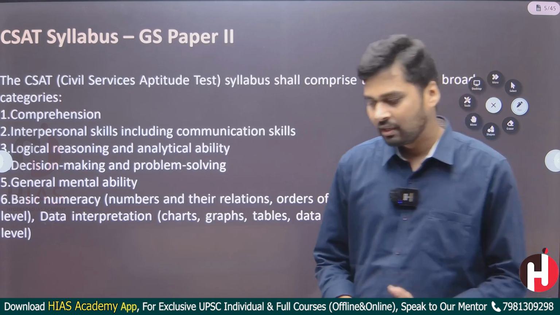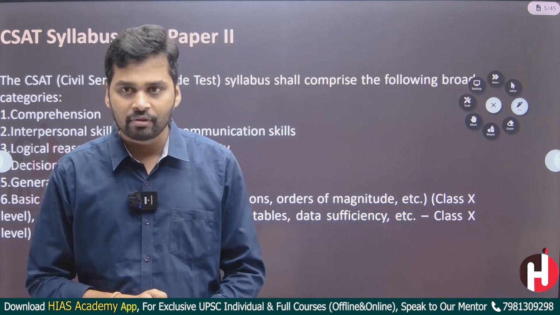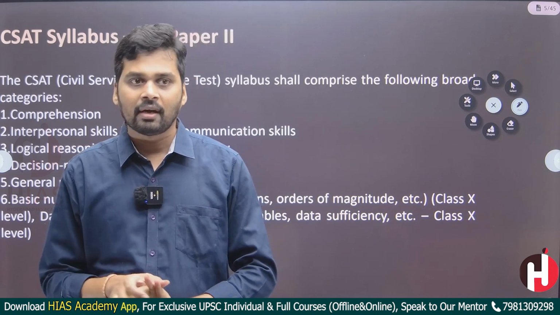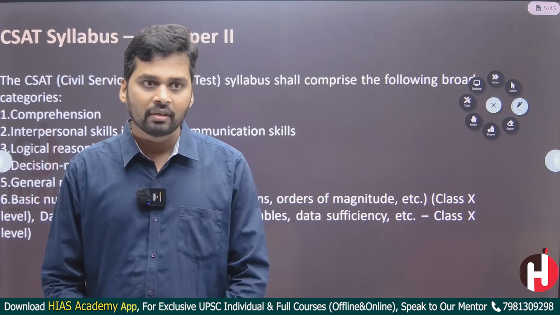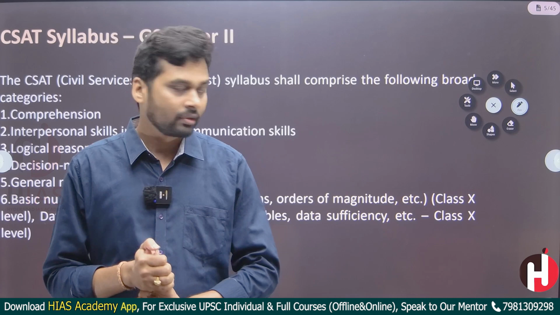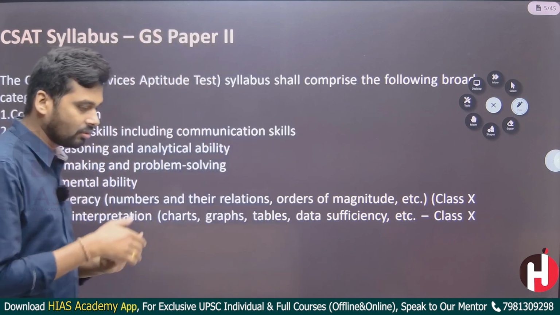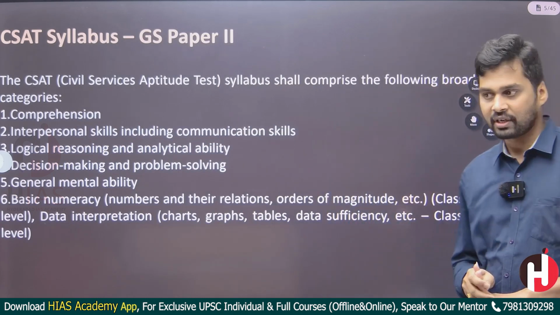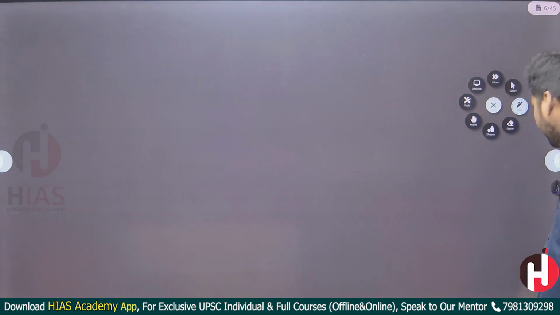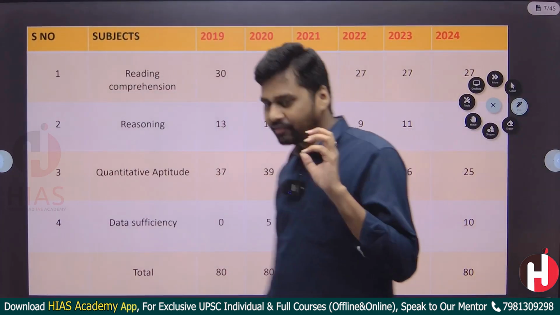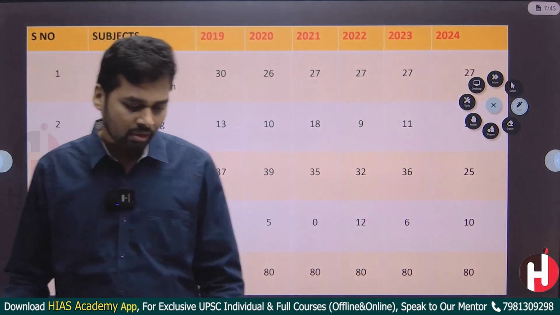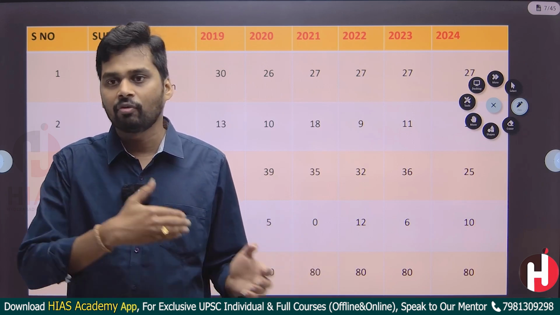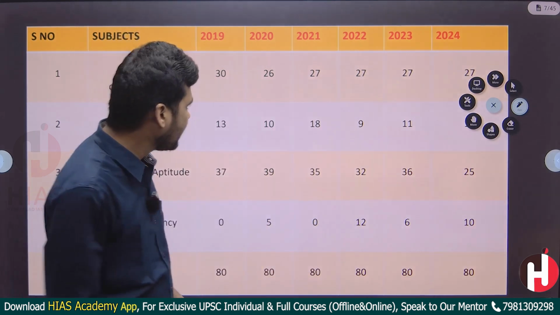I'll put it in simple words. So we have aptitude, quantitative aptitude. In simple words, it's nothing but quantitative aptitude, logical reasoning and reading comprehension. Okay, so these 3 subjects we have. Now we can see the weightage of these 3 subjects, so that you are aware on which particular subjects you can focus more. Okay, so let's look at this one by one.